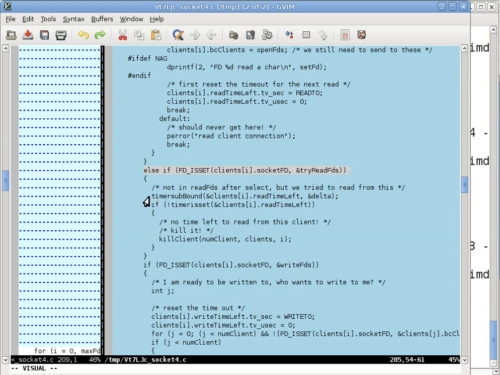So when I have a timeout detected, what I will do is subtract the delta, which is the actual amount of time that has elapsed from this select call, from the amount of time that is left for that particular client. So this way, I basically decrement the amount of time left for all the clients that I want to read from, but they did not